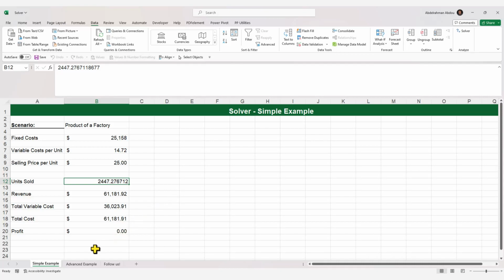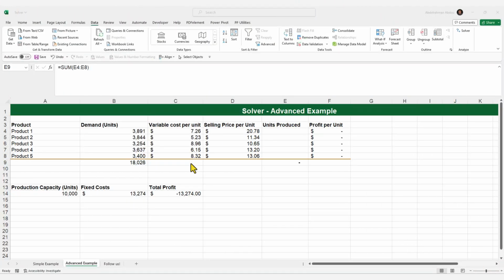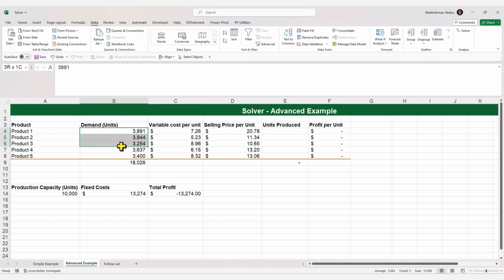All right, so we've solved a simple example, the same example that we showed when using the goal-seek feature. Let's actually show a more advanced example. All right, so let's see a more advanced example. Here we have a factory producing 5 products, and what we have here is the demand that the